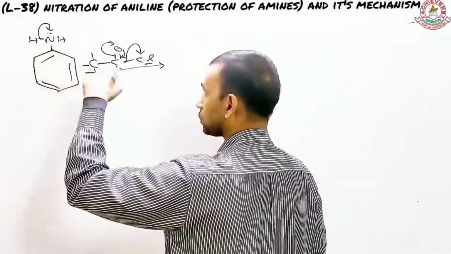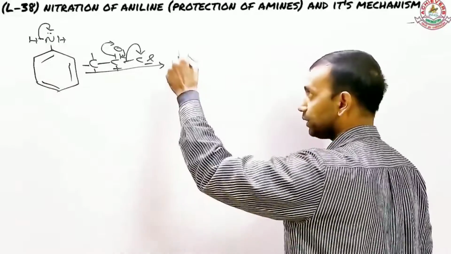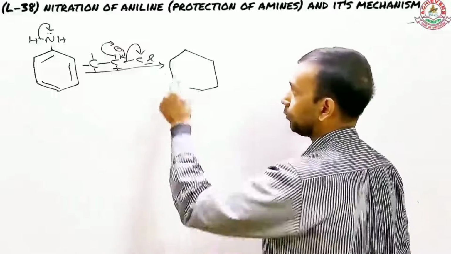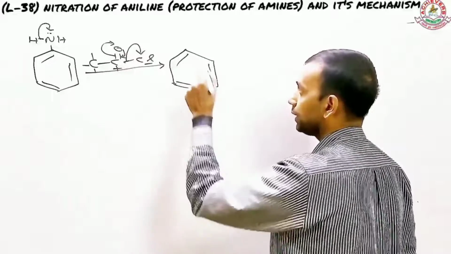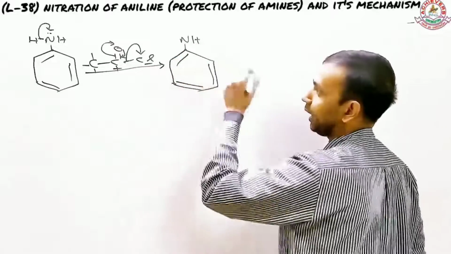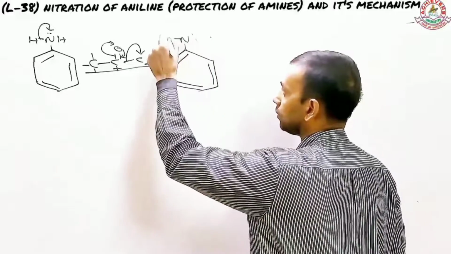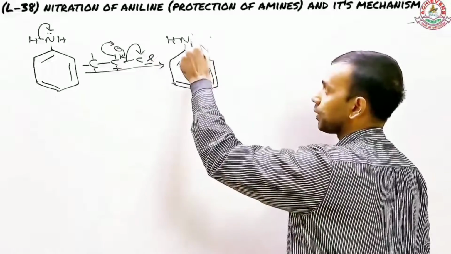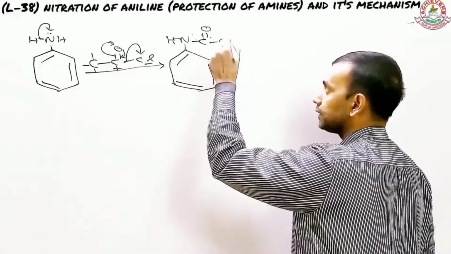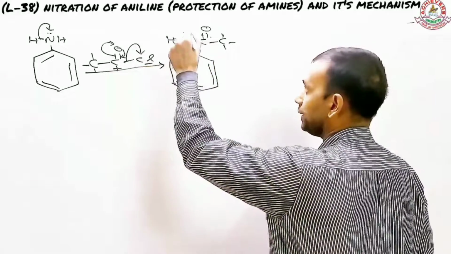So nitrogen will attach to the carbon, while this H will come out with Cl. So what I am doing right now is this particular step where this aniline has now converted into something else, and that is your C double bond O and CH3. This is what has happened here. Now the lone pair is still there.